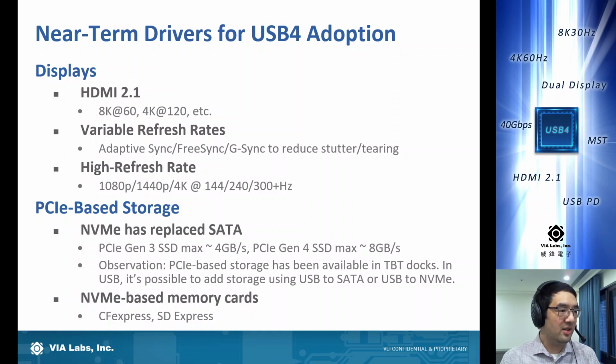Another display technology that has been making the news is variable refresh rate. It goes by a lot of different market brands. VESA has Adaptive Sync, AMD has something called FreeSync, and NVIDIA has something called G-Sync. All of these are essentially variable refresh rate technologies, and they allow the graphics card to send data to the screen, and the screen can display the frame rate depending on how fast the GPU can feed it. This way it can reduce stuttering and tearing.